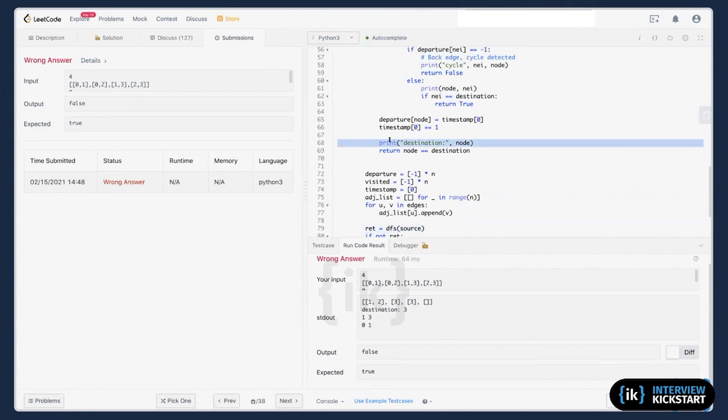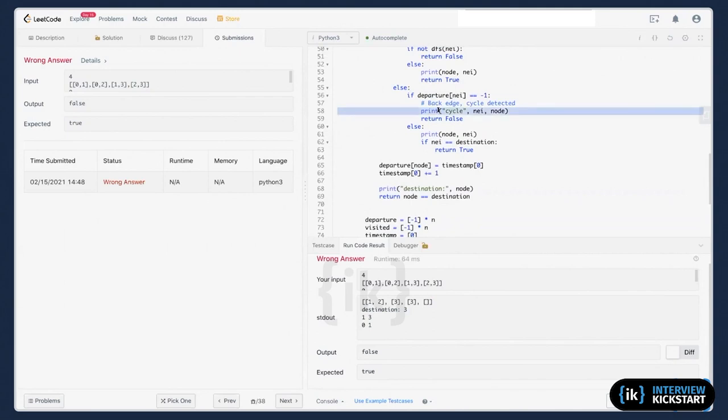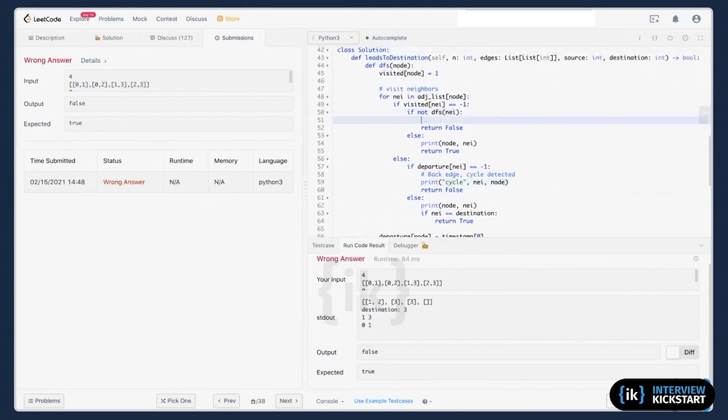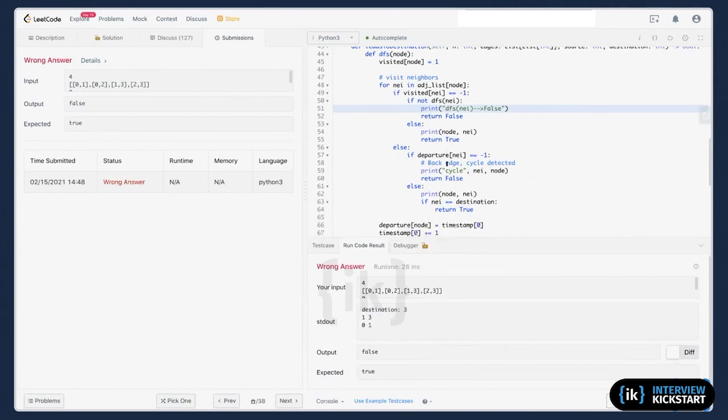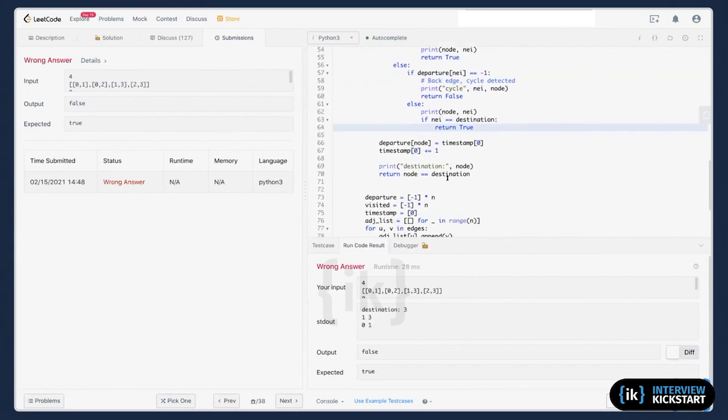See, I don't come here anymore. 3. 1. Where do I return false? I don't see the cycle. This one I can come here. No, I didn't come here. The cycle.